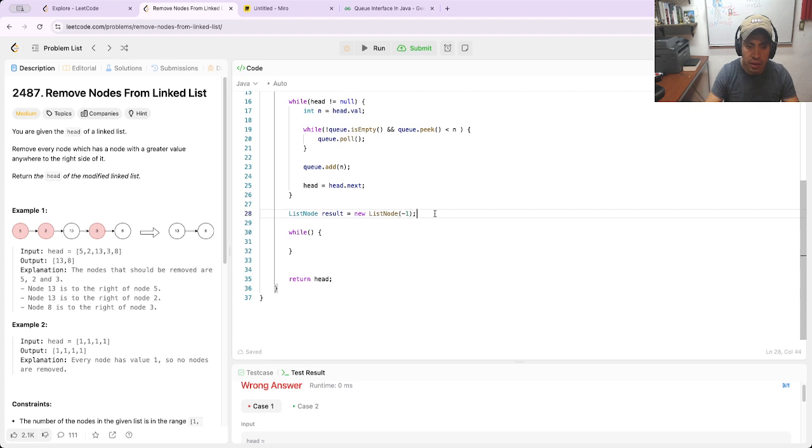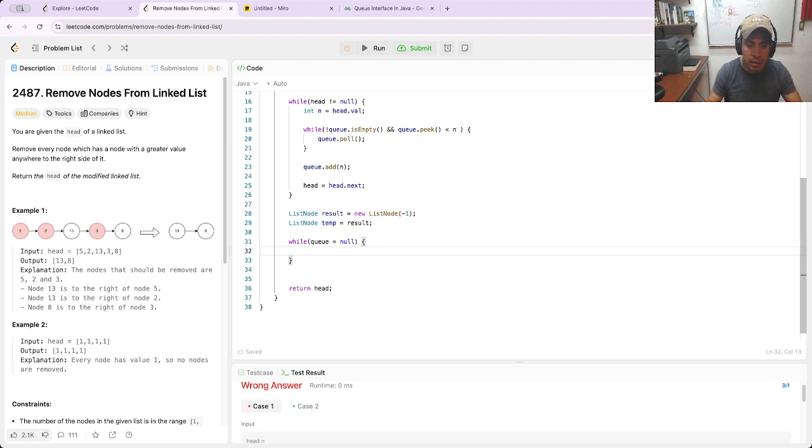And here is list temp is equal result. Temp is equal result, and here is basically q is empty, no, it's different to null,